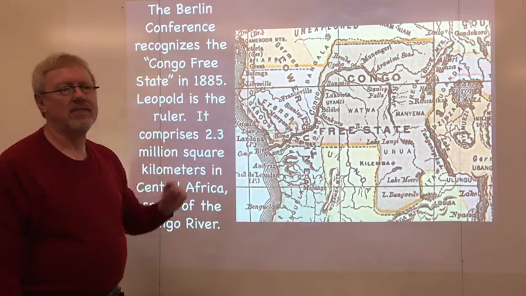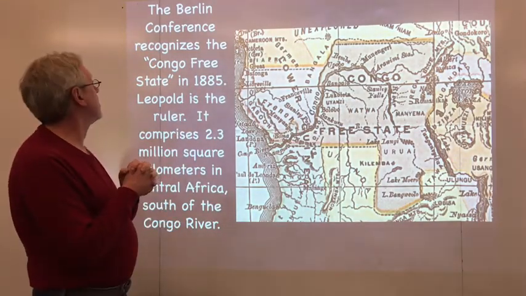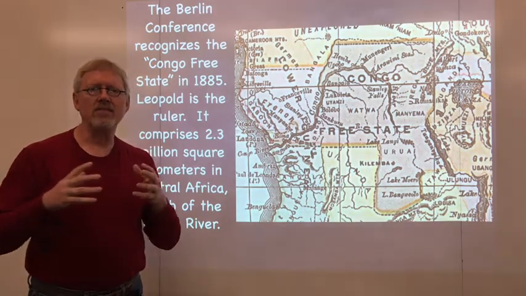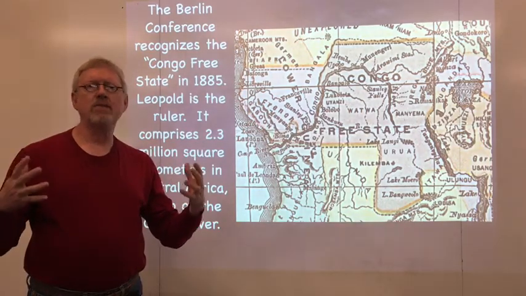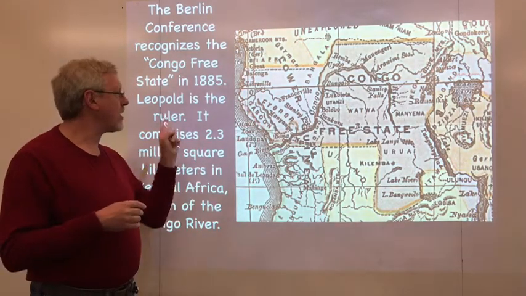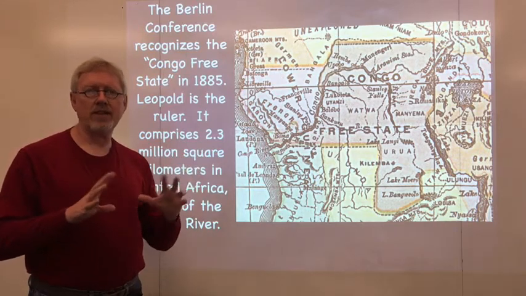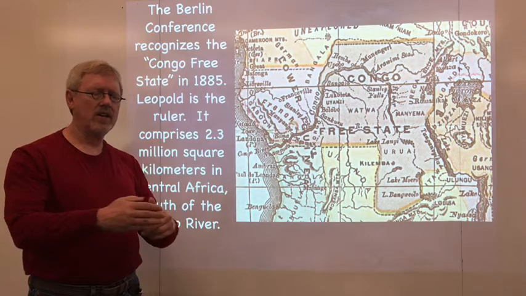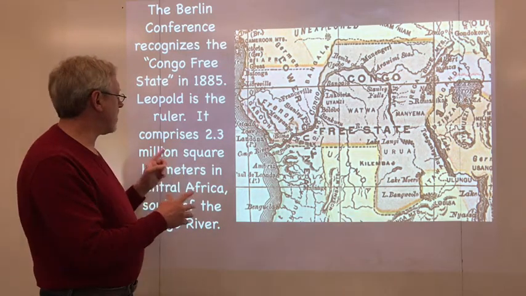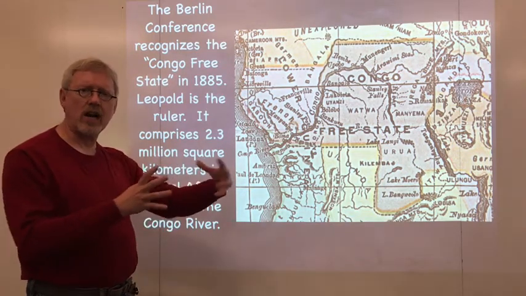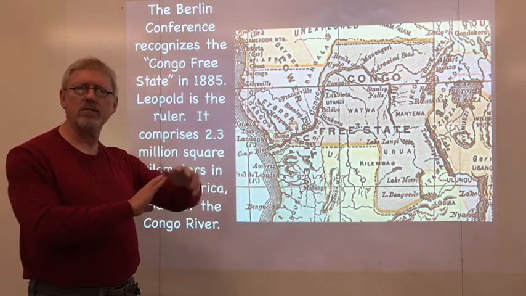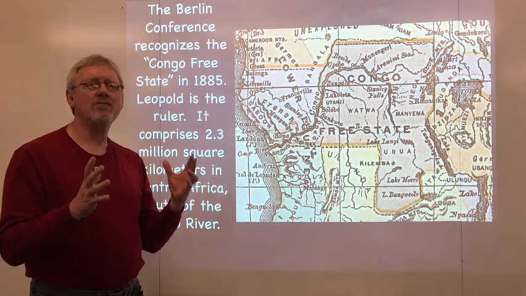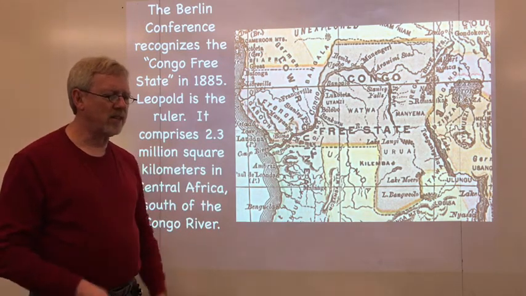Now, in 1885, there's something called the Berlin Conference. Otto von Bismarck, who by this time is the most powerful diplomat in Europe, organizes this conference because he wants to head off any potential conflict. He wants no wars between European powers. And he feels that if everybody meets and they agree on who's got what, and they agree on boundaries, we won't have any conflicts.